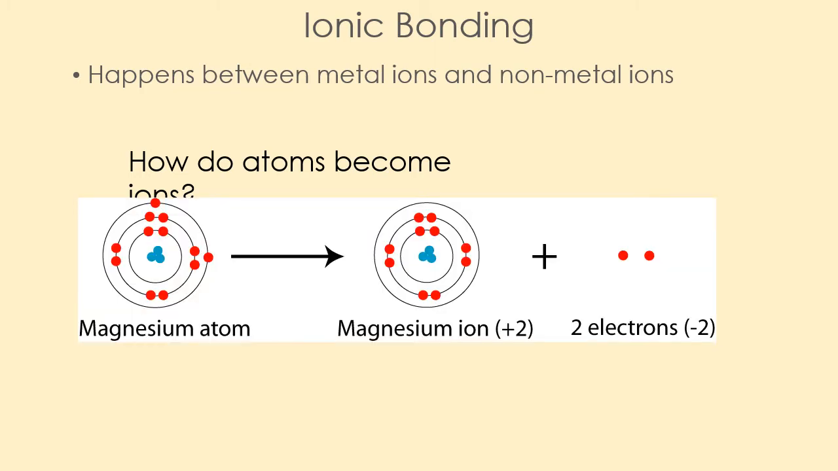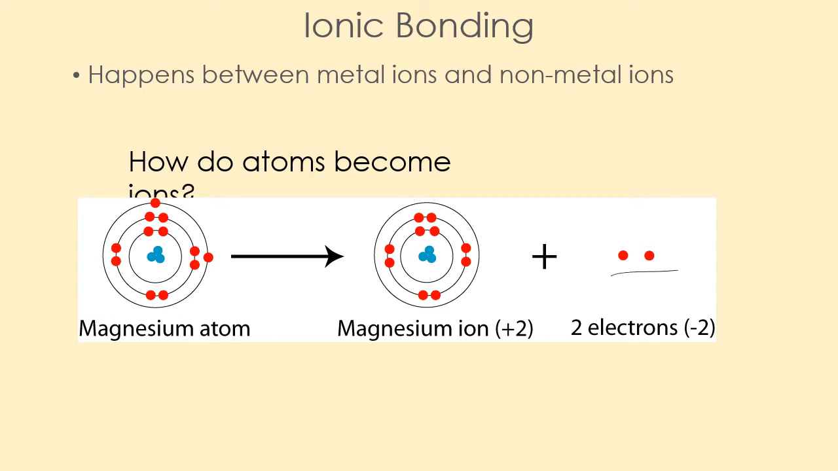So, first off, we have a magnesium atom here. We know it's magnesium because we can count the number of electrons that it has. Magnesium is in group 2, so it has 2 electrons in its outer shell. When it becomes an ion, we can see that those 2 electrons have gone. They've come over to this side. So we now have a magnesium ion with a +2 charge, and we have 2 electrons over here that have